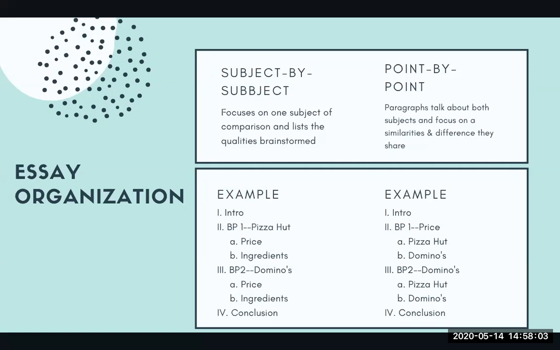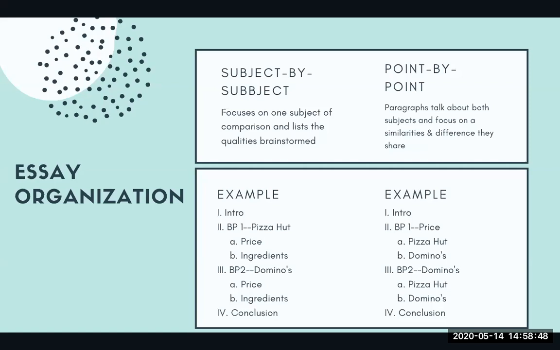So subject by subject focuses on one subject of comparison, and it lists the qualities brainstormed. When we talk about the one subject of comparison, we're talking about one of the things that you were asked to compare or contrast. And then you're listing all of those individual points in one paragraph. So if you look below, you'll see a sample outline of what this will look like. Your first paragraph is obviously going to be your introduction. And then your first body paragraph is going to be, if we were asked to compare and contrast two different fast food pizza joints, and we chose Pizza Hut and Domino's,